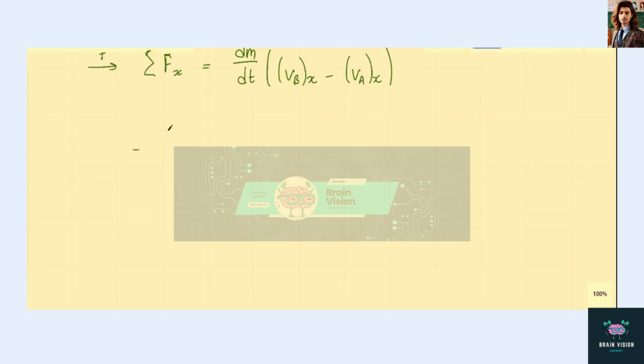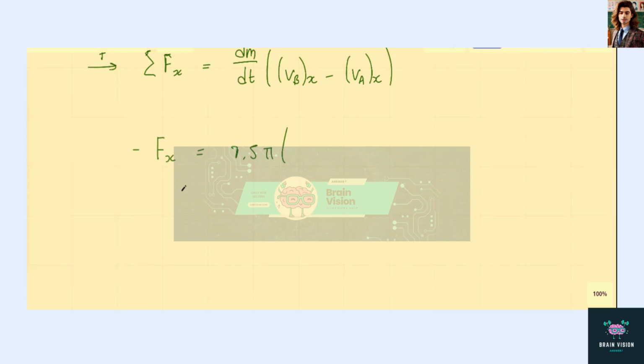And so the only force in the x direction is the x component of the force due to the water. So minus Fx is equal to dm/dt, which is 7.5 pi, into